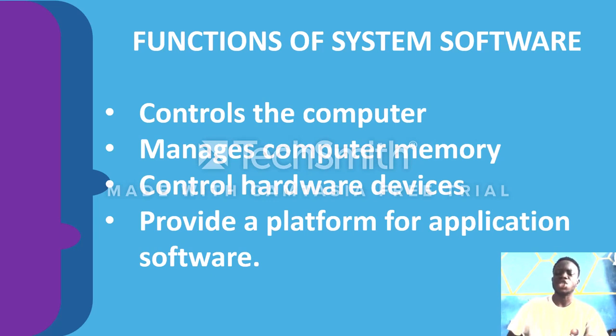When we say software manages computer memory, we all know how computer memory works. So system software helps manage computer memory and make use of it. And when we talk about controlling hardware, we all know how the hardware needs to communicate. So system software helps the various parts of the hardware to communicate. You understand? So let's move on to